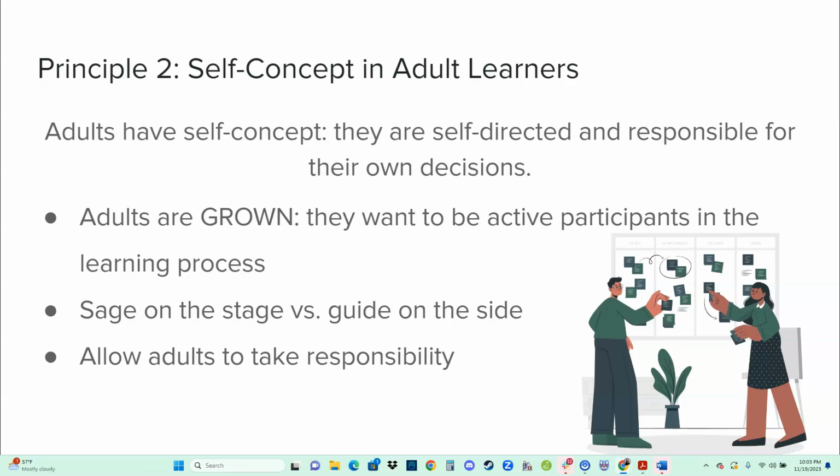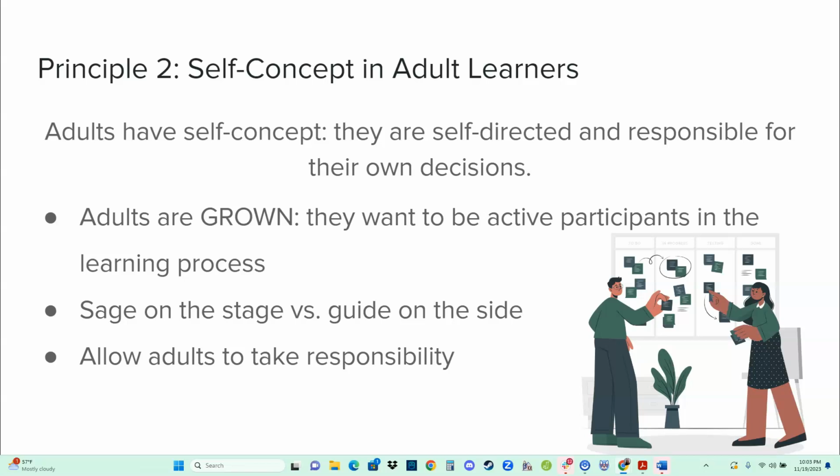You can also encourage goal setting. So allow your learners to set their own goals for what they want to achieve. And then you can check in on that goal progress, right? You can check in and make sure that they're meeting those goals. You could give them feedback on those early goals, so that way they have that level of support. They don't feel alone, but again, they're taking initiative in a way that's helpful.